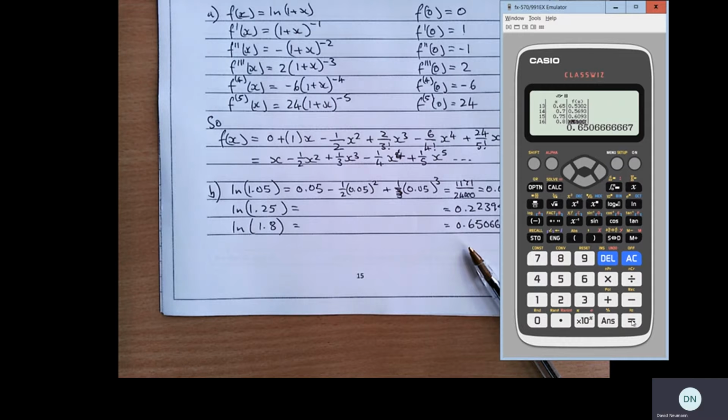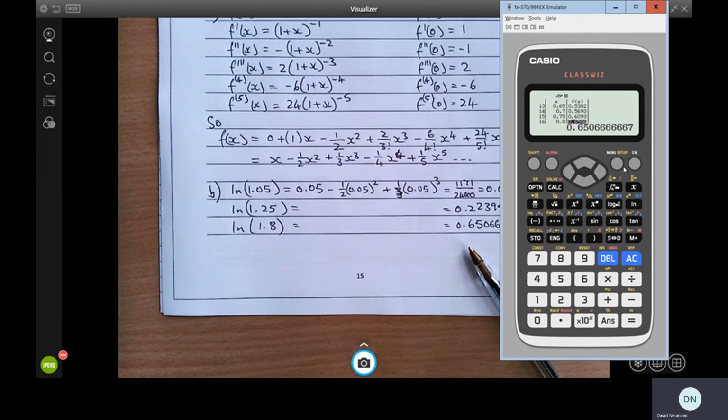Now, the next part of the question asks us to comment on the accuracy of the estimates. Well, we can now go back to ln of 1.05, and it gives us a value